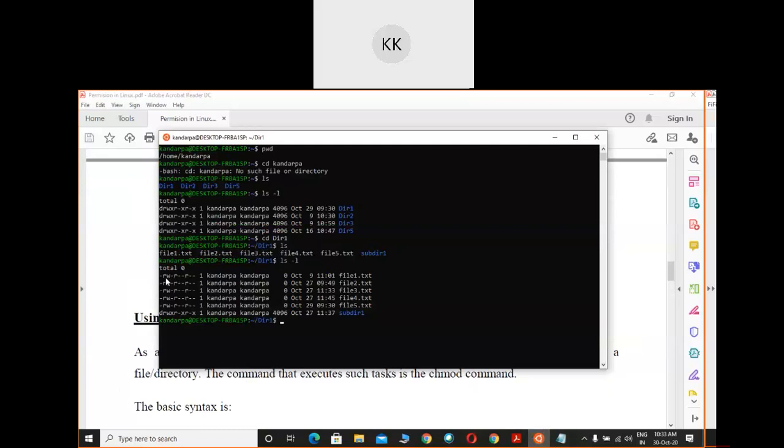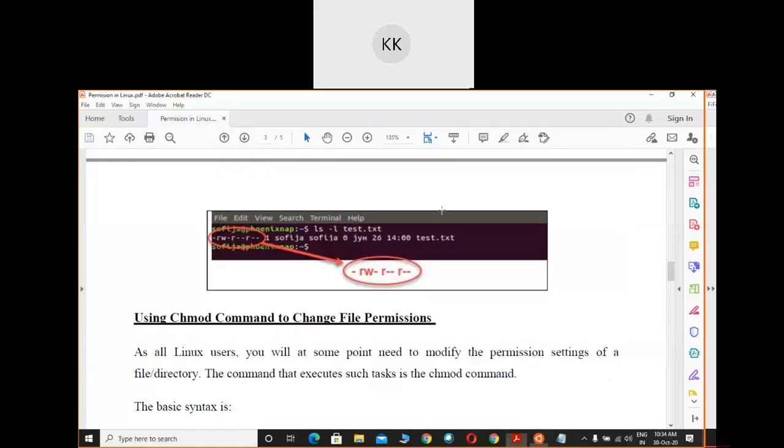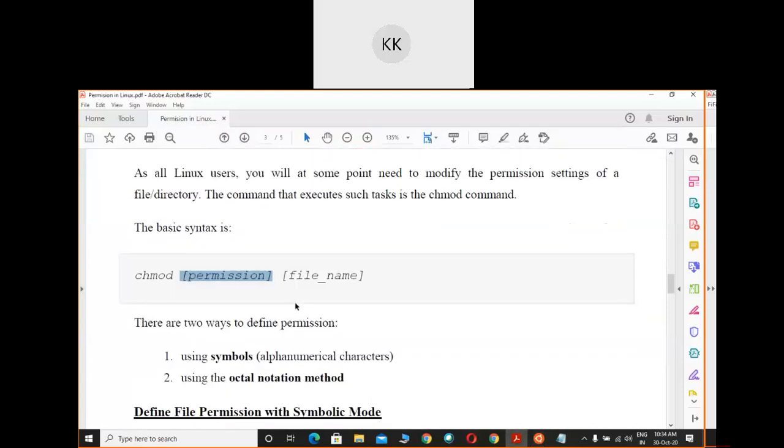Now if we want that the user will be allowed read write and null, and also the group member is allowed read and write permission, how to make this modification? To make this modification, you have to use the change mode command. I will show you this today, and you have to practice this in the practical classes.